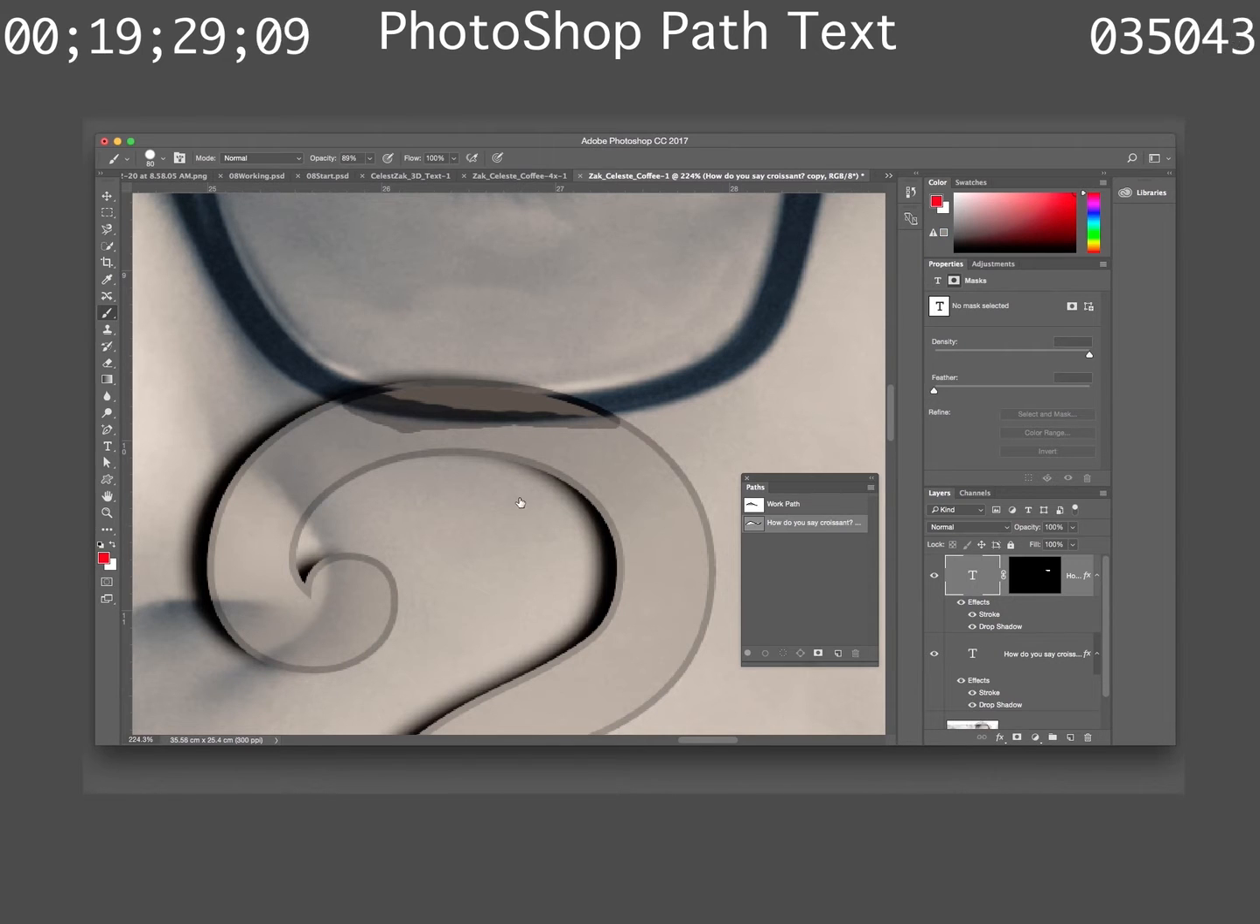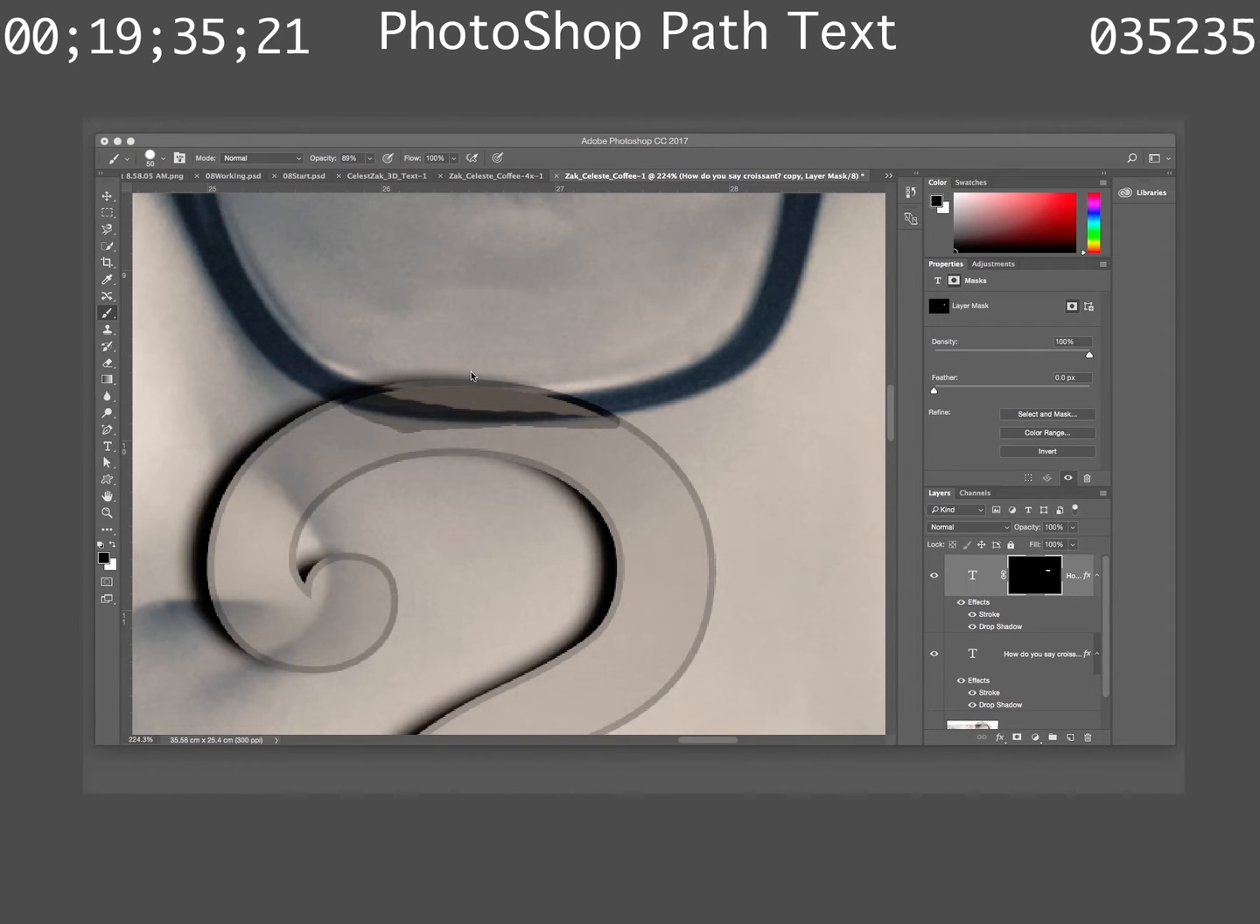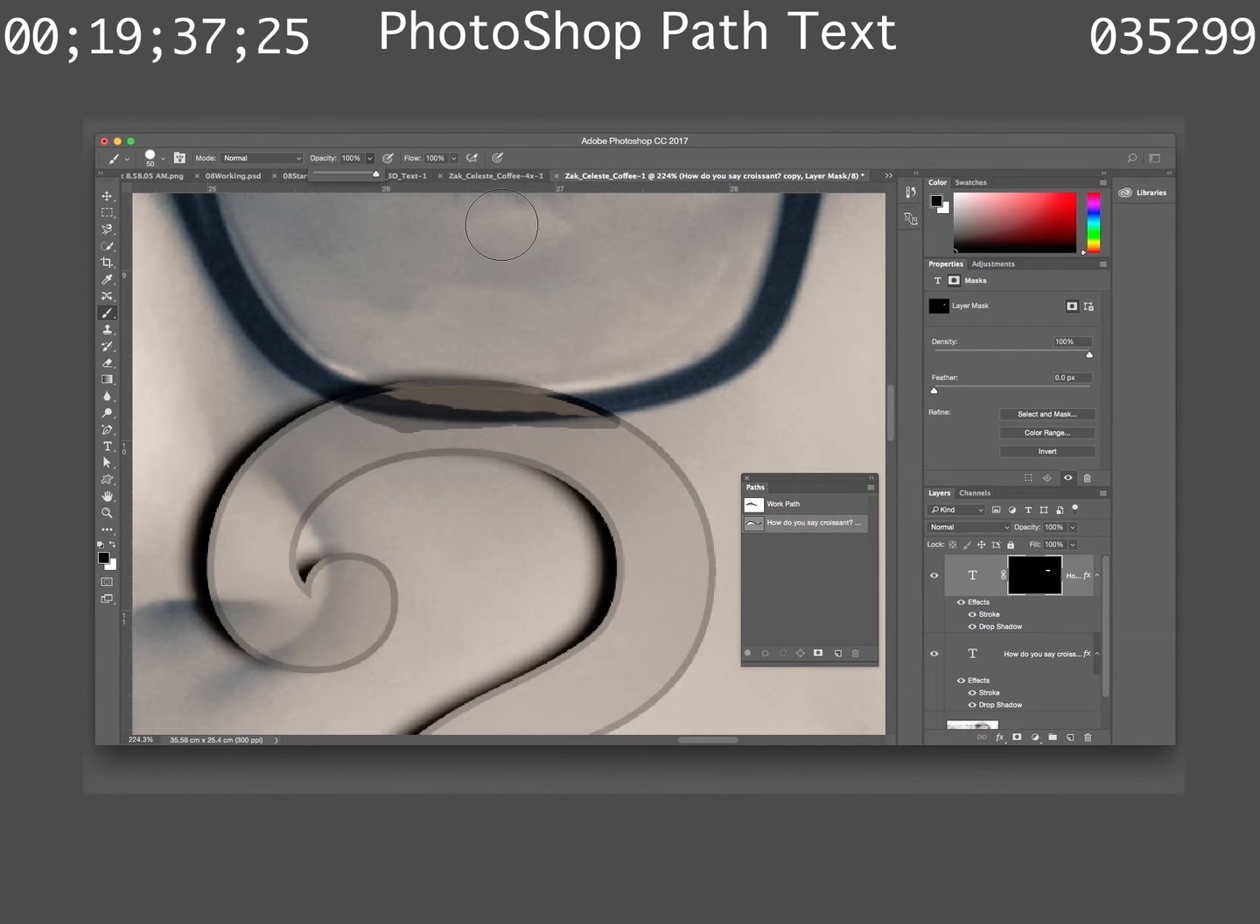Oops. The brush is so lame here. Hardness 100%, that's right. Oh, opacity is not 100%. That was my problem. So, I'm repainting this thing. Oops. All right, so back to